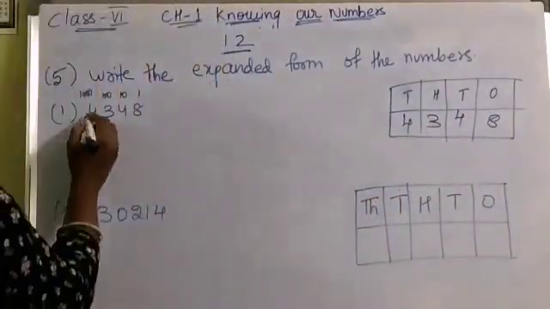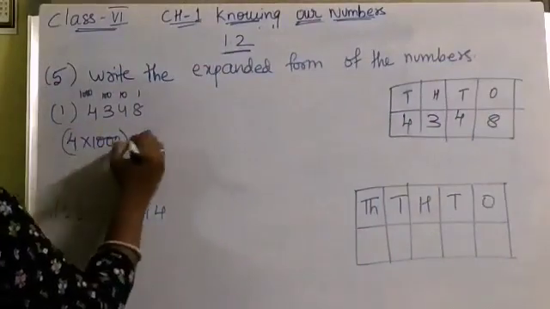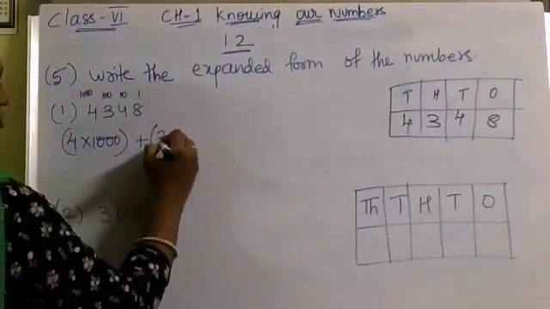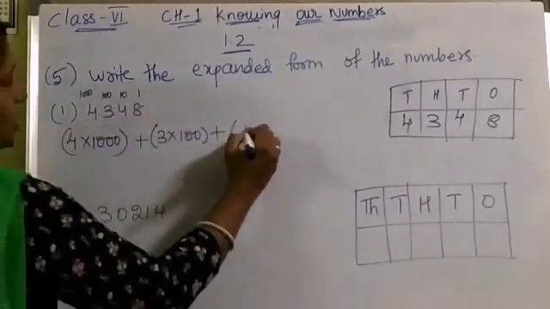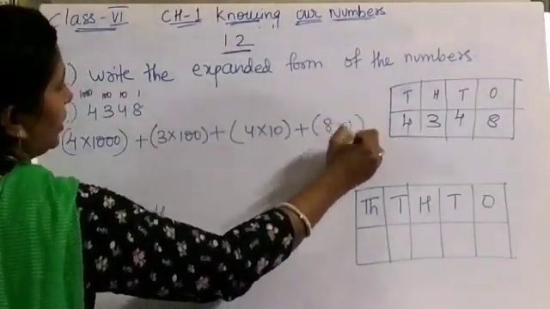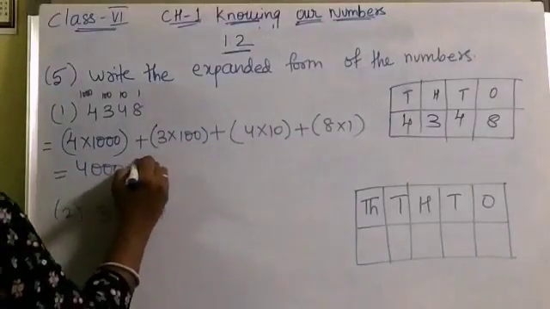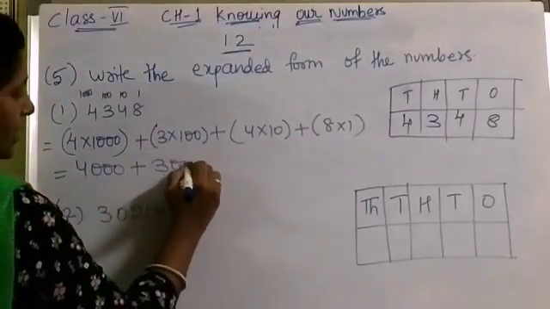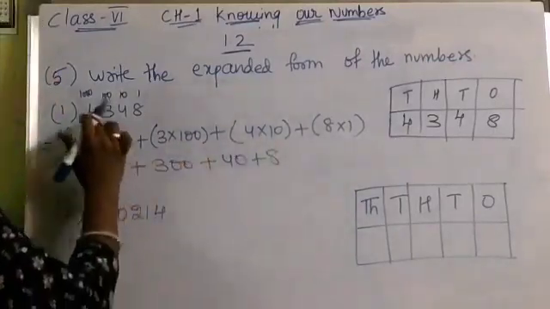Means here we should multiply 4 with 1000. 4 into 1000 plus 3 in hundreds place. So 3 into 100 plus 4 in tens place. So 4 into 10 plus 8 into 1. Now 4 into 1000 how much? 4000 plus 3 into 100, 300 plus 4 into 10, 40 plus 8. This is the expanded form for this